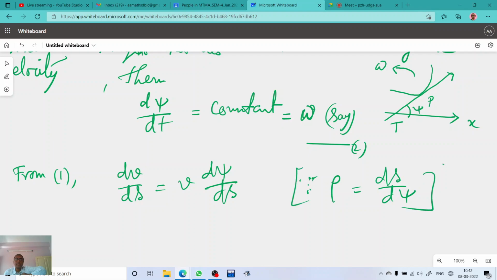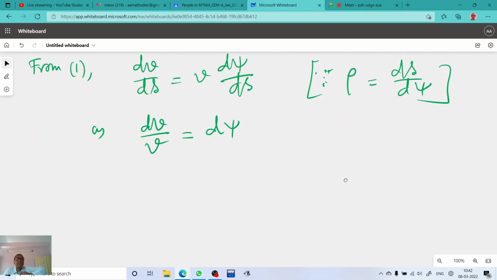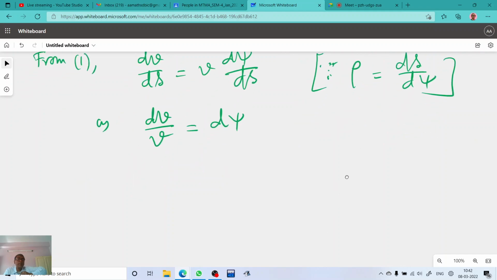We know that v square by rho, v cancel, and rho is ds/d psi. Or dv by v equals to d psi, and ds cancel. So dv by v equal to d psi, and integrating this